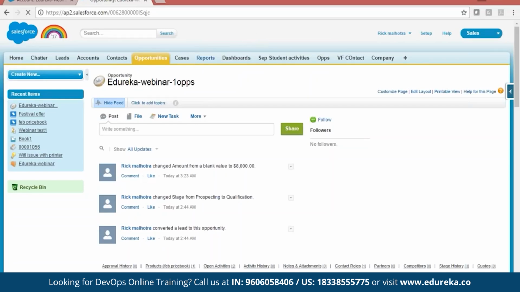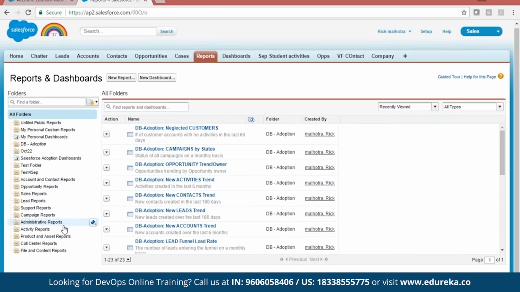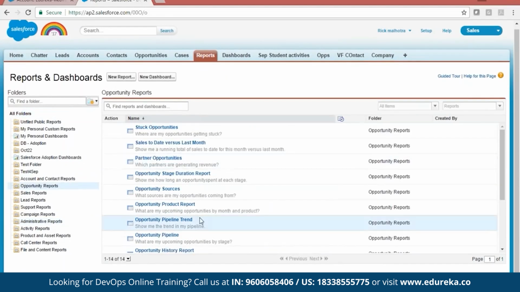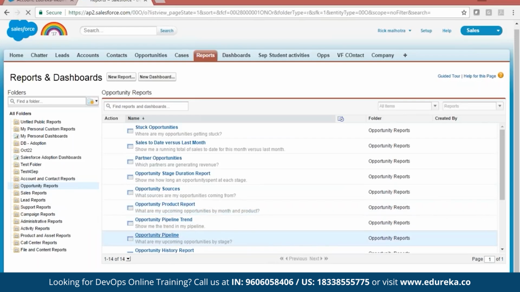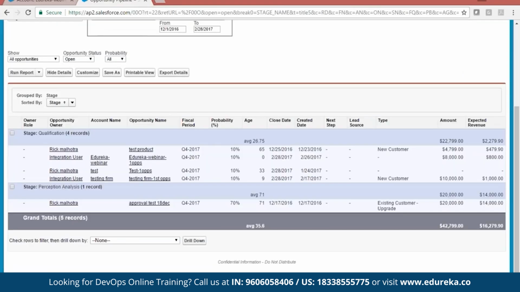So let's go to reports, and we have a lot of reports by default. About 37 reports are provided to us, and you can create a report very quickly on your own. But let me show it to you by using a default report. So I can go to opportunities reports, and under opportunity I have an opportunity pipeline, which also acts as a forecasting tool for you. So any pipeline opportunities which are active right now, which we are working on. So this month we have 4 qualified or perception-stage opportunities.